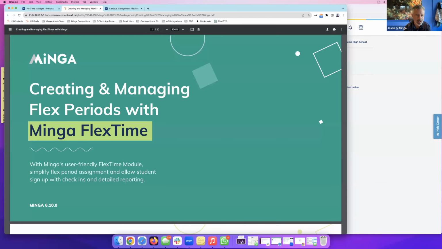I'm Jason, and we are going to spend about 25 to 30 minutes going through the very new and latest addition to the Minga campus management platform, our FlexTime module. And we're going to do it as an interactive demo. So we're actually going to go through the product and walk through the basics of getting started and using the FlexTime manager module to